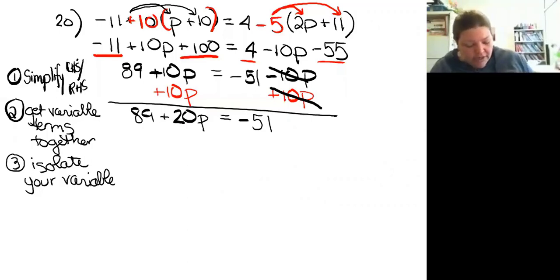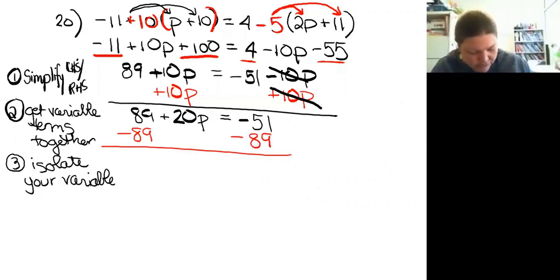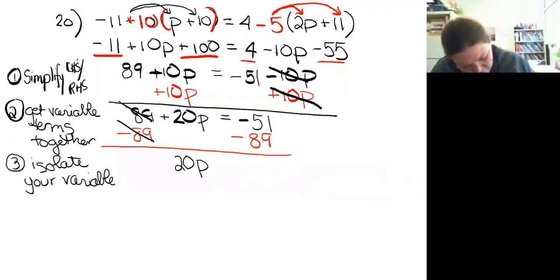Okay, so I'm gonna work on isolating this variable here, get this letter alone. I'm gonna move anything that's adding or subtracting first since I work my PEMDAS backwards when I start solving. So I'm gonna subtract away that 89. On this side, that positive 89 and that negative 89 will zero out so that I'm left with plus 20p, but since it's all by itself, it's positive 20p, and I don't need to brag about a number being positive. So I'm left with 20p